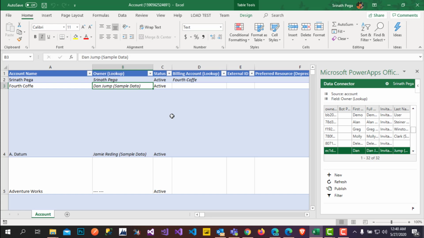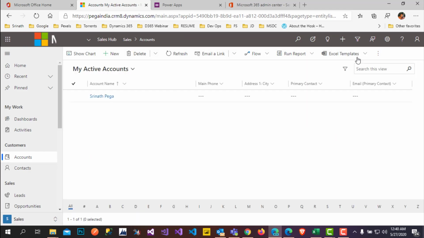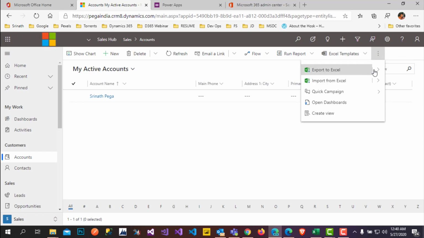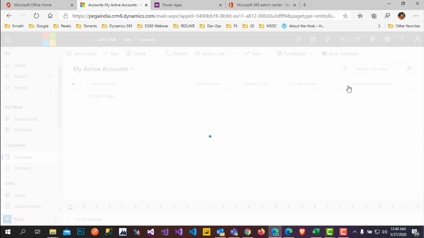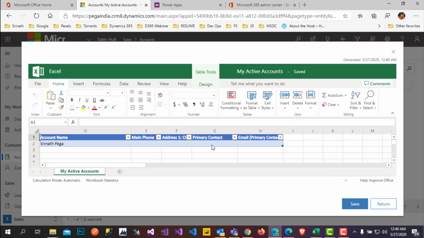Of course, we have a couple of options in our system, like bulk update and Excel Online. There also you are able to do bulk updates. Here also you can perform your data operations, CRUD operations.